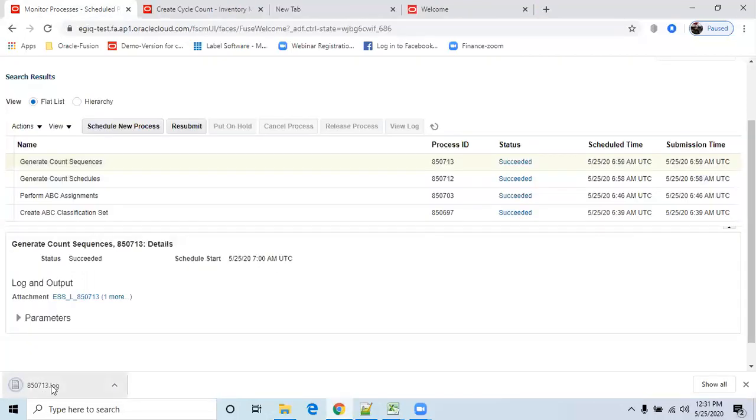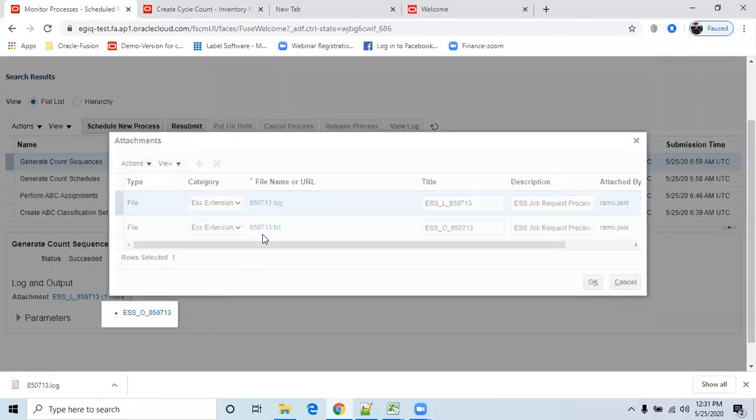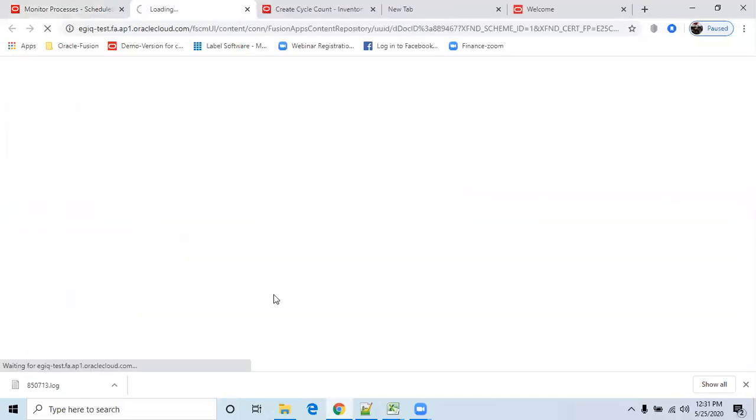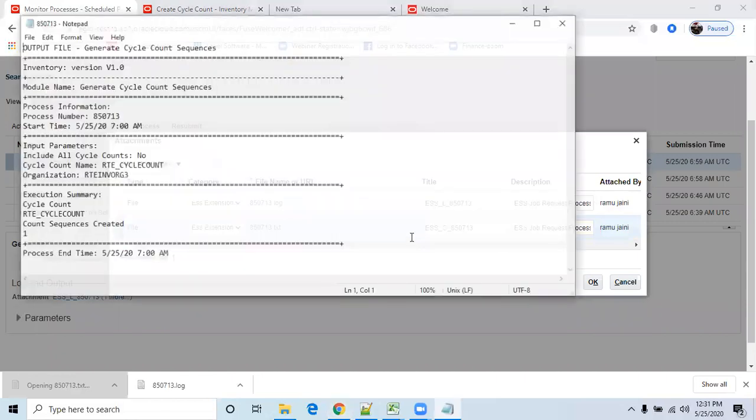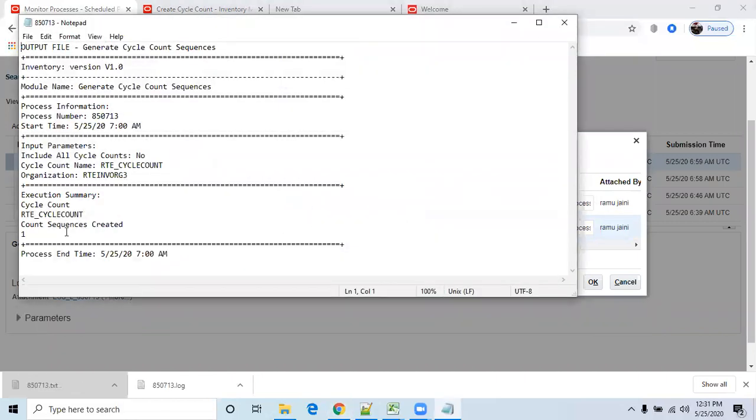Yeah, just open this. It's a log report. Okay, just open this one. Yeah, count sequence created.